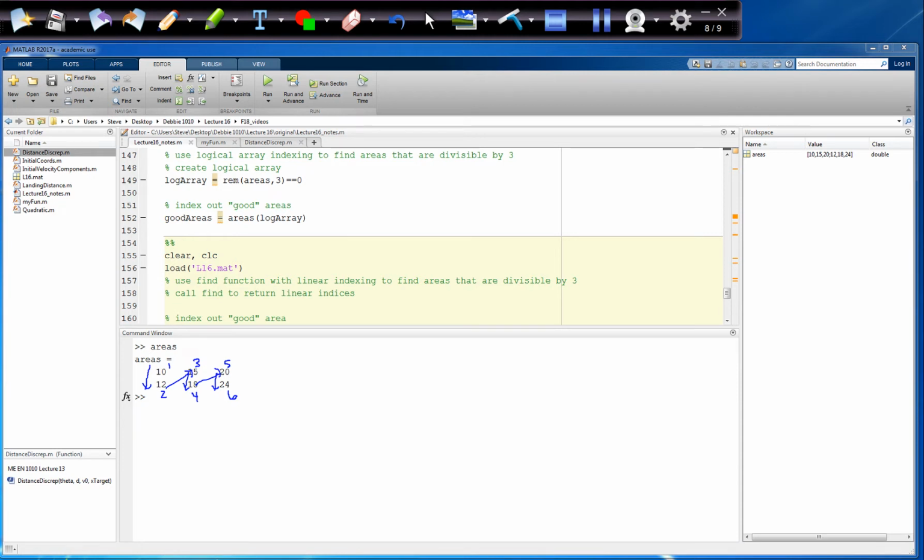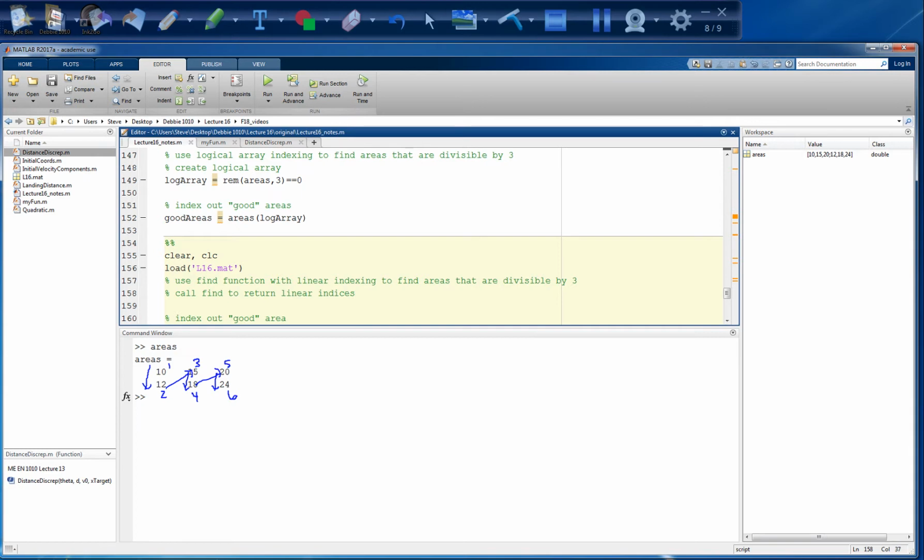Okay, and the note here says that we should use the find function with linear indexing. Okay, so we're going to call find. It's just this, find. It's a function in MATLAB. And now we give it a condition, and so our condition is that the remainder of areas divided by 3 is equal to 0. Okay, so that condition goes in the parentheses that indicate the input to the find function,